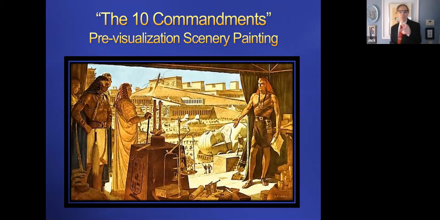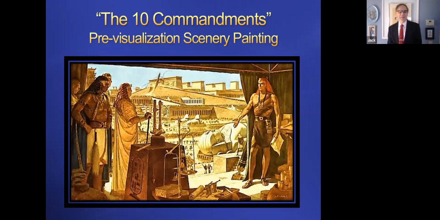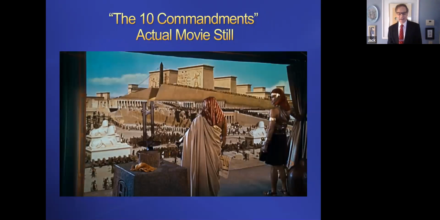Okay, here is one of the paintings that he gave Cecil B. DeMille at his early stage before he had anything, right? Here is an actual still from the movie. I mean, it's amazing how close they are, right? I'll go back to the painting that he originally did. You can see how he copied this to actually create the sets and costume of the actual movie.